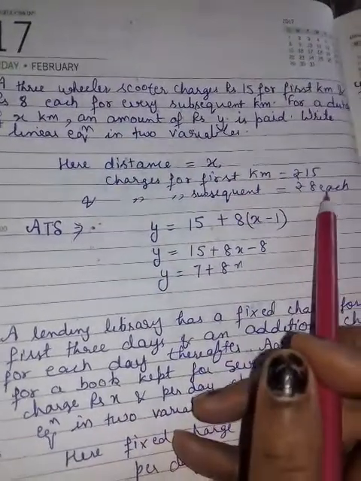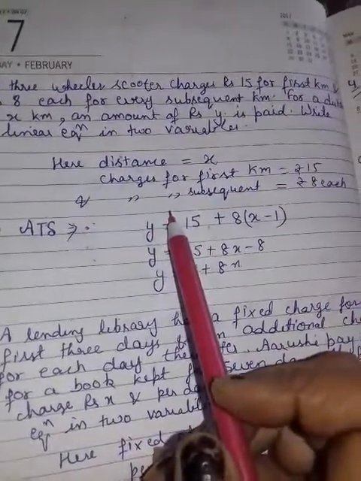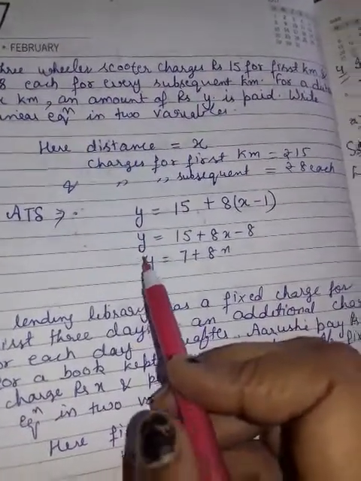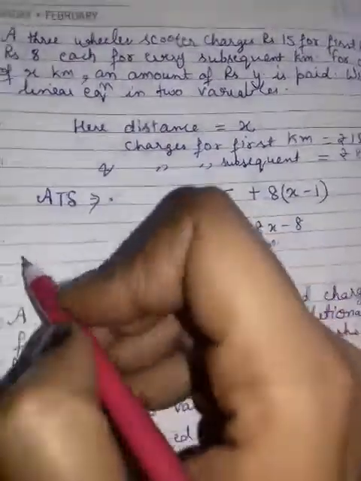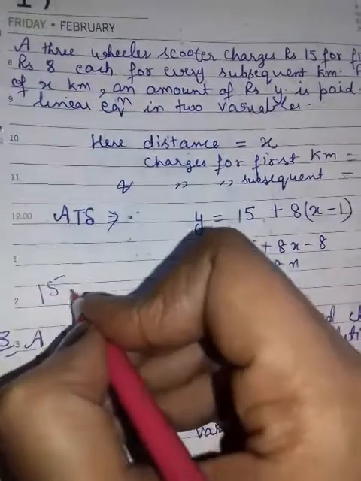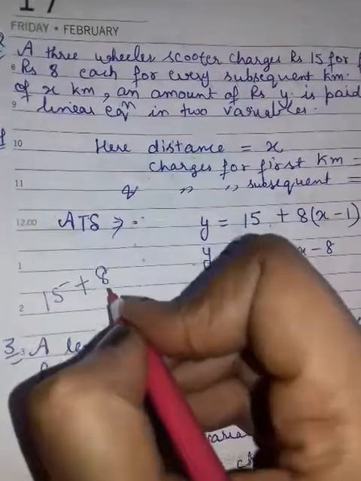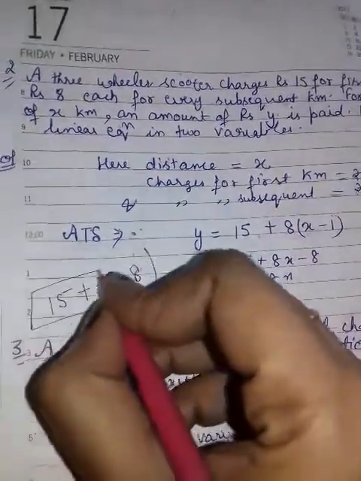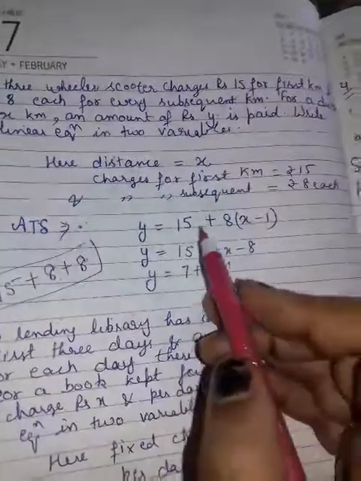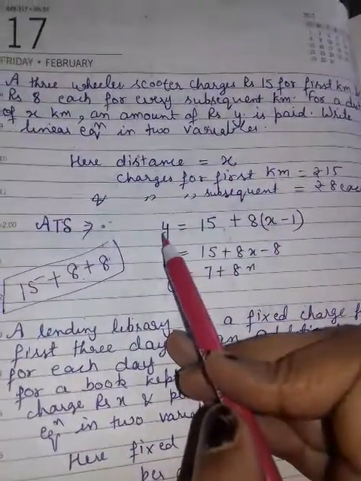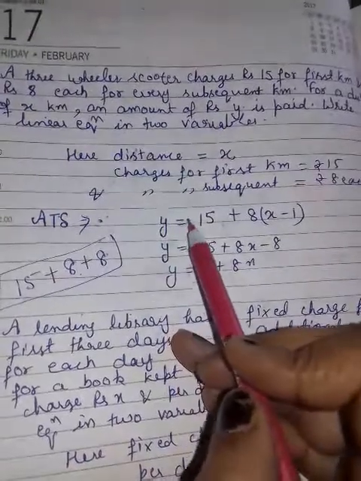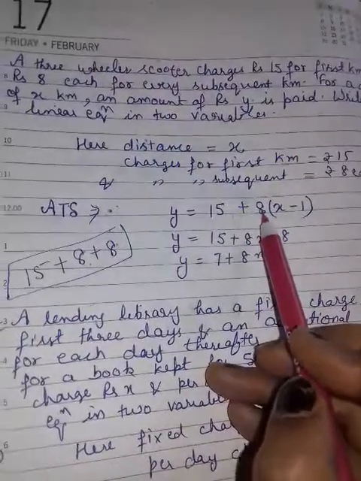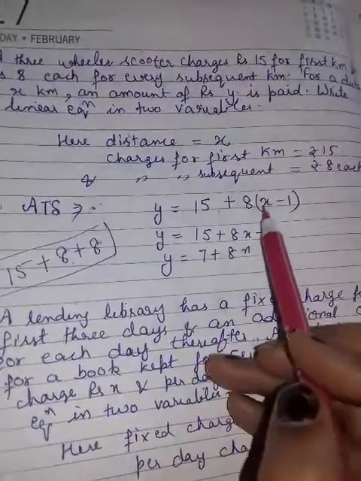Then listen to one thing more. Whenever you go 2 kilometers, what do you have to pay? You have to pay 23. Yes, very good. Why? Because for the first kilometer you give 15 and for the next, 8. If you want to go for the third kilometer, then again you add 8. In this manner you get the fare. And now you have to write the fare. Fare means the amount that you have to pay. y is equal to 15 for the first kilometer, plus 8 for subsequent distances. I have taken x minus 1.